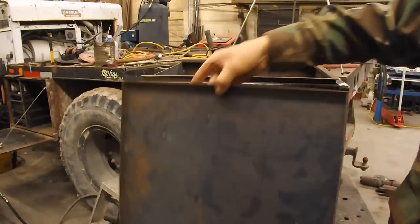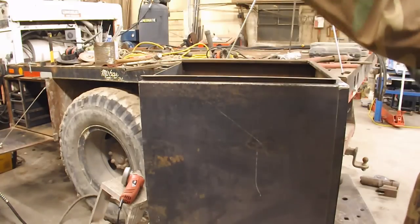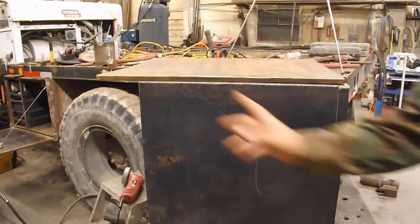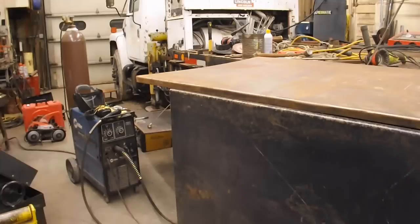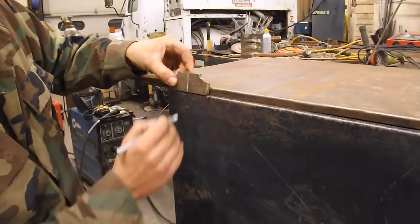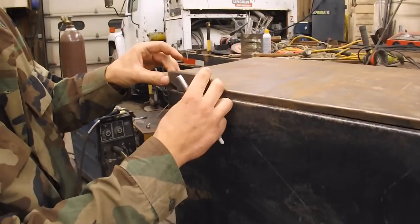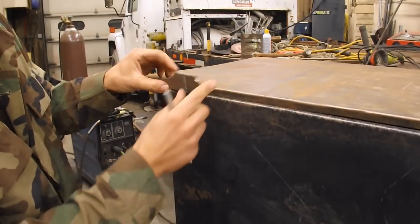Nothing to it, just, you know, so far 3 sides are bent, that's it. So it'll fit on here. I left it long because I'm trying to figure out exactly what I'm doing down here for hinges. So what I'm thinking about doing is using these leftover pieces, cut it in half, and I don't know. I was thinking about sticking it on like that, but